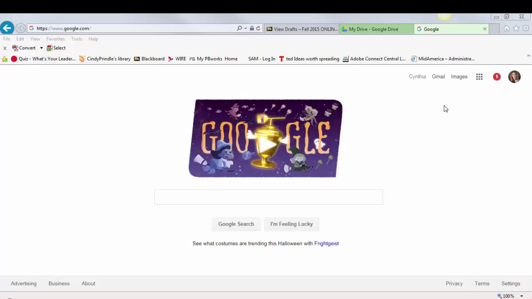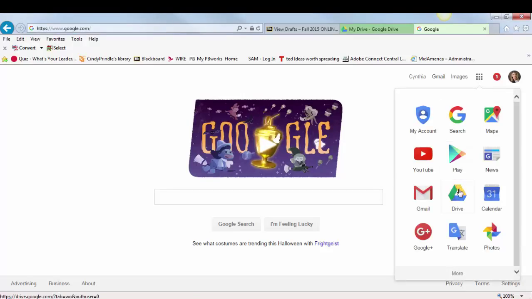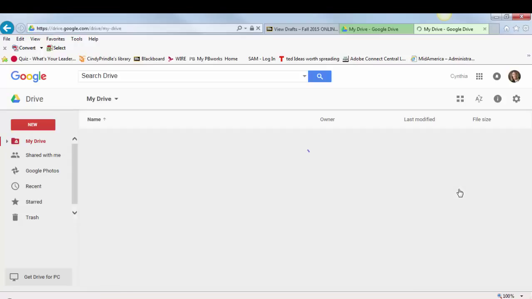So I'm logged into Google, and I want to click the little application button in the upper right hand corner. You can see that I'm at google.com. I'm logged into my account. Okay, so I'm going to go back to the application icon. I'm going to click on that, and I'm going to go to my Google Drive, and it takes me to